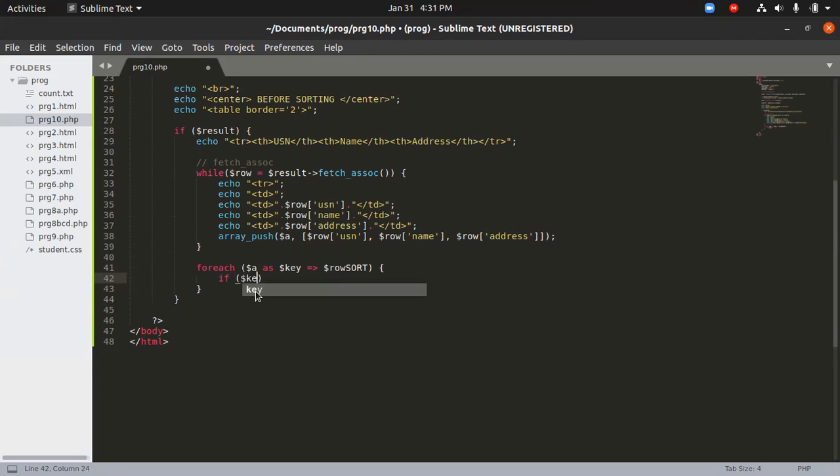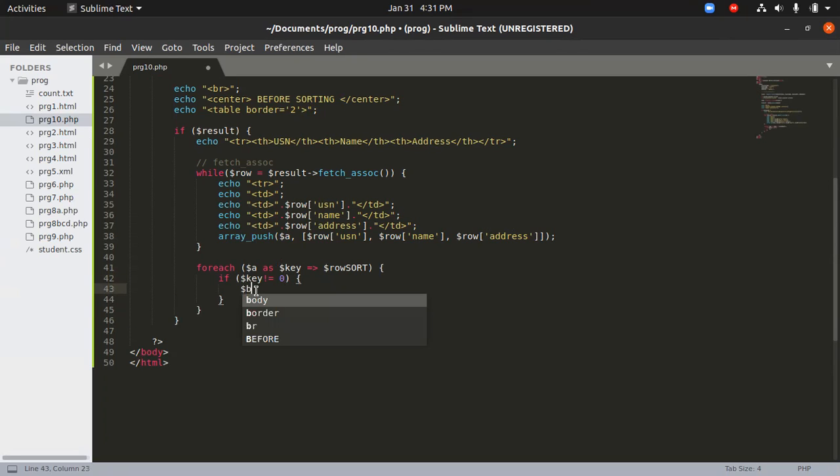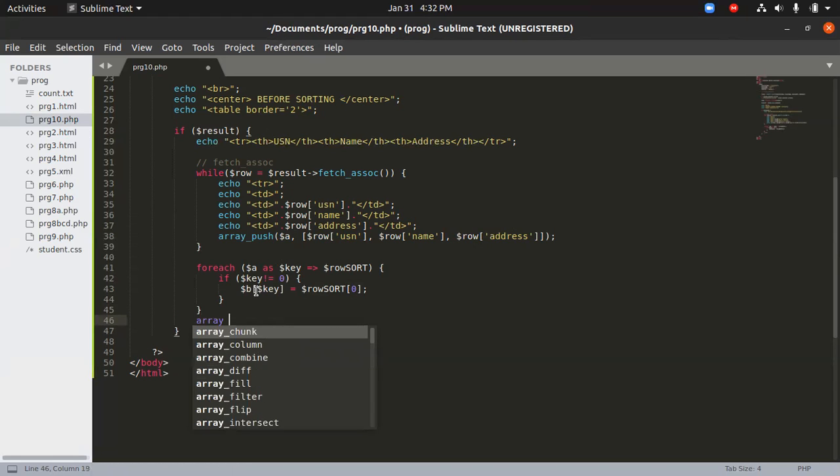So if $key is not equal to 0, then what we have to do is create a new variable that is $b of key, and we have to just sort. So this will be 0, and then we close it up. We are going to use the function that is array_multisort.